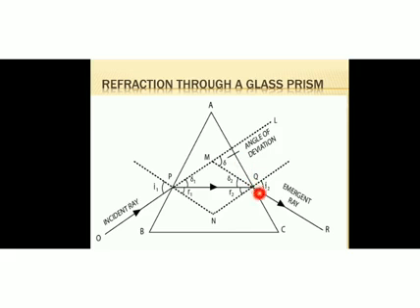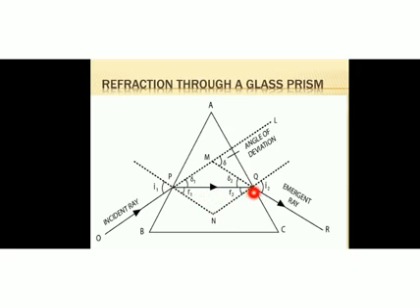Again, this is a boundary. This is the boundary between glass and air, isn't it? So the light ray passes from glass to air, from denser medium to rarer medium. Whenever a light ray passes from denser medium to rarer medium, it will bend, and bending takes place away from the normal.